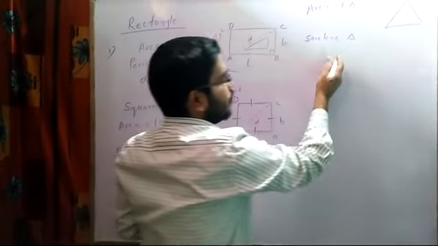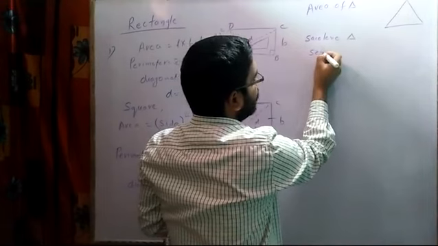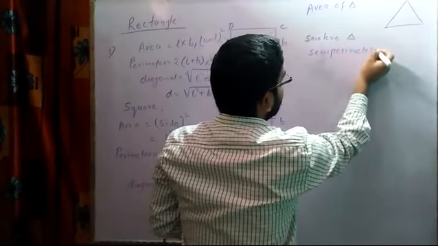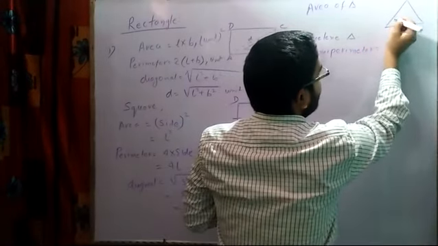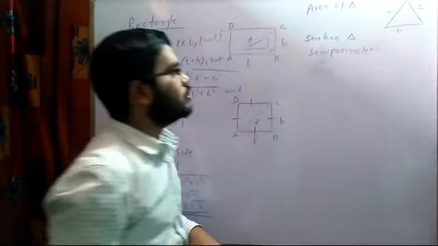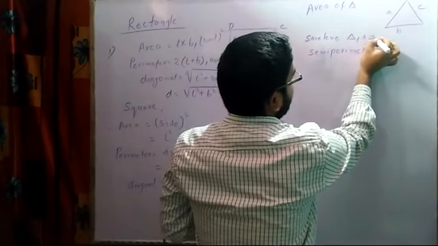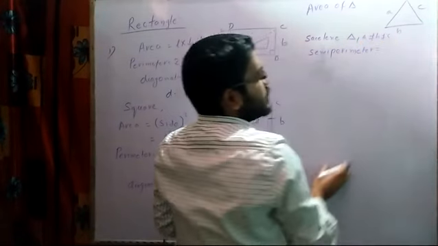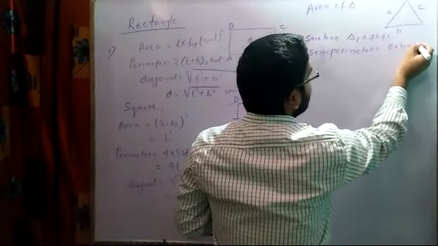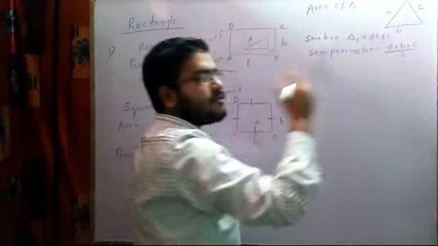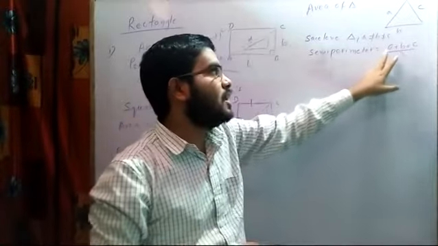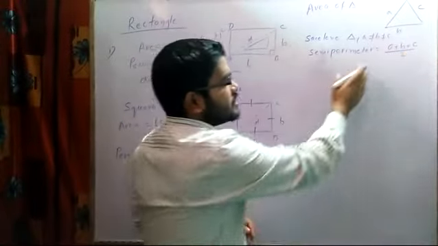If none of the sides are equal, then what you have to do is find the semi-perimeter, which is equal to the sum of all the sides divided by 2. Suppose I have the measurements as A, B, C. A is not equal to B, is not equal to C, since it is a scalene triangle. Then we have semi-perimeter, A plus B plus C whole divided by 2. That means half of the perimeter. Perimeter means sum of all the three sides. Semi means half of the perimeter. So A plus B plus C by 2. Now this is the semi-perimeter.